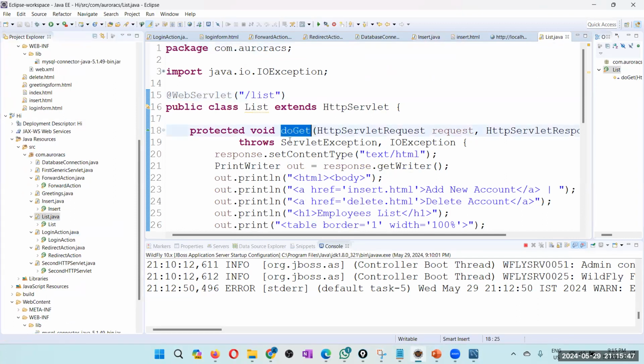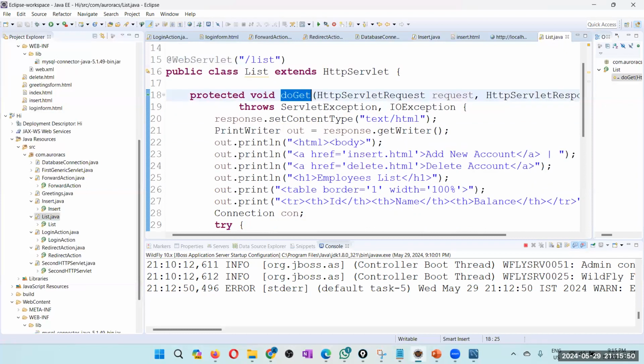So we have the doGet. So there what we do is we have two hyperlinks for